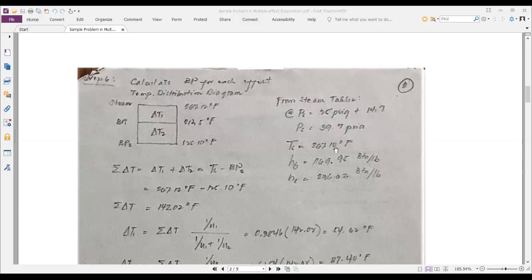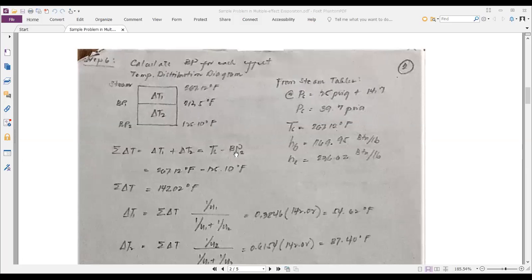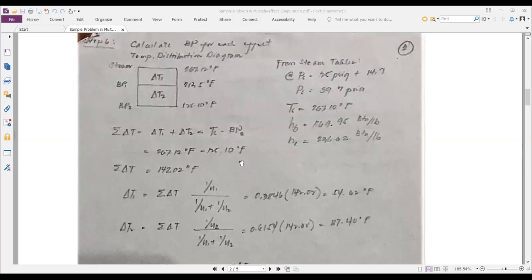Okay? Now, we have already established that this is the saturation temperature of the steam. Now, you place it here opposite the steam and the saturation and the boiling point of the solution in the last effect in here, the one that you got from step 1. So what remains is this value. How do you get this value? Getting this value needs 2 formulas. Actually, 3 formulas, but the other one is just patterned from the second one.